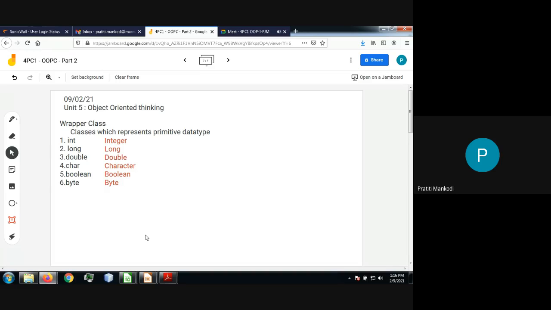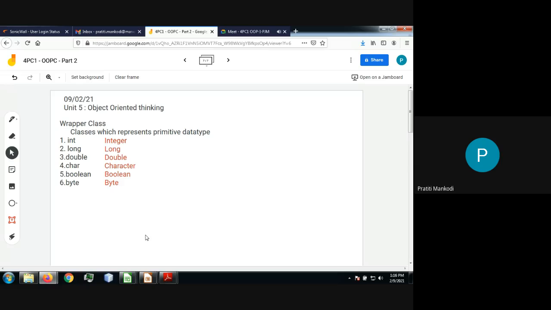Fine. Now, to compensate for this gap that Java has, as it supports primitive data types, Java has added the wrapper class concept. The wrapper class concept is nothing but converting a primitive data type into the corresponding object.